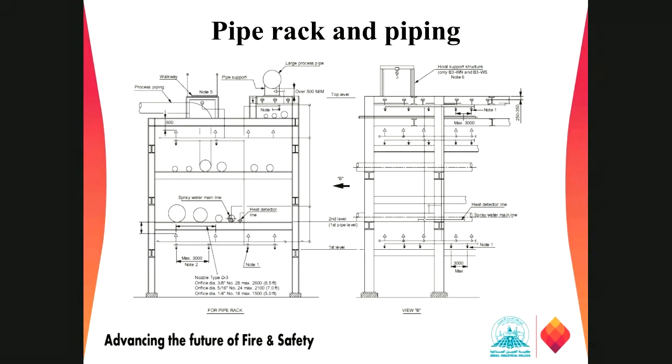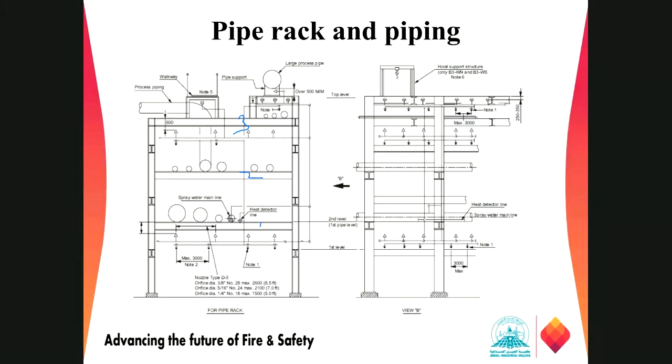And then we have the pipe racks. I was discussing the pipe rack since the beginning. This is what the pipe racks look like. This is level 1, we have level 2, and this is level 3. All the circles we can see are the piping going from one side to the other side in the process areas. Sometimes pipe racks are around 100 meters, sometimes the pipe rack length is around 500 meters. So big, so lots of process equipment are there. There might be some pressure vessels, some heat exchangers, some pumps. The heat exchangers and all those equipment will be there.